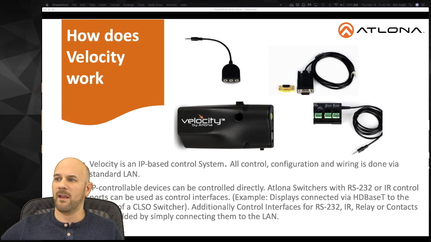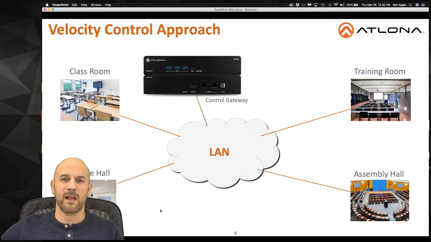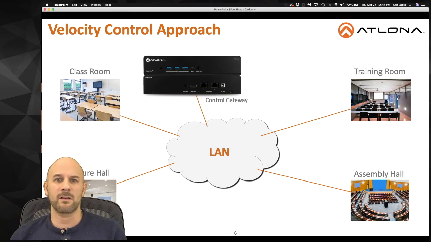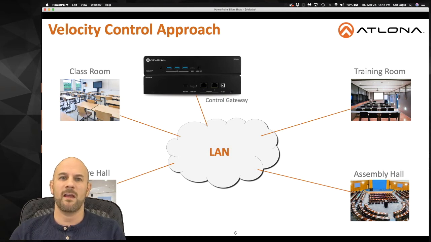You also have a contact closure and an RS-232 converter in here as well. So you can control anything you need to over the IP network now and talk to it from your Velocity control solution. So you look at this single control solution from Velocity now with the cloud, 4 different rooms here, a single processor, and from within the Velocity software now, you can see each of these rooms, and through the